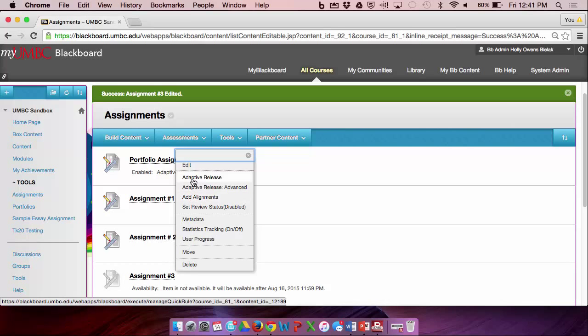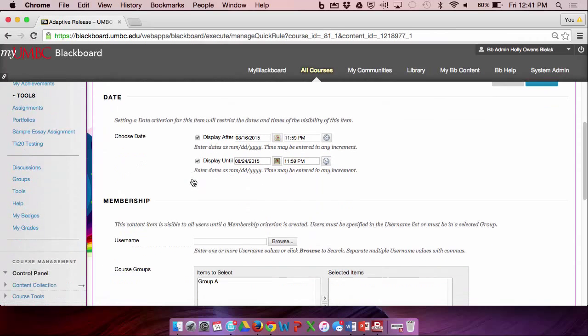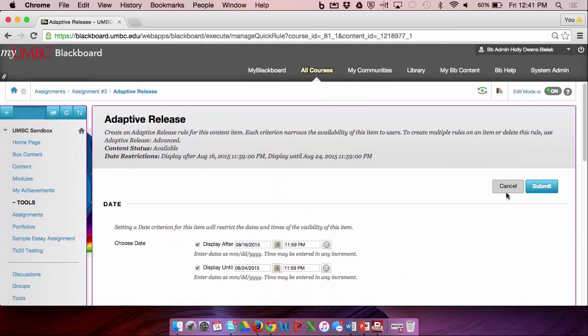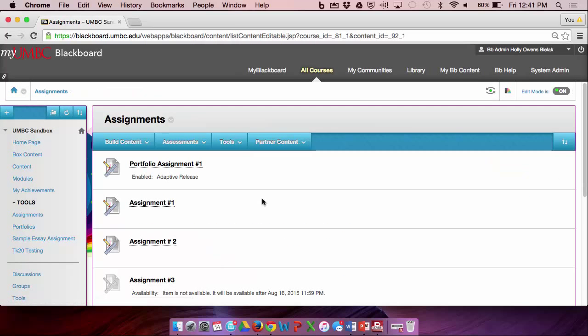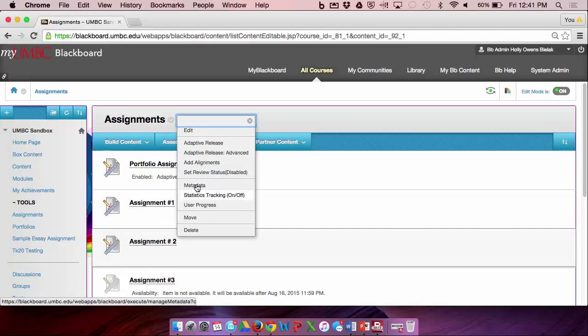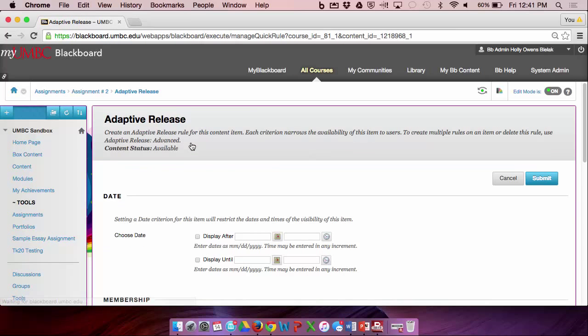So I would go into adaptive release. I'm sorry, from the little arrow you want? Yeah, from that little arrow, it's like your best friend. Anytime you need to edit something in Blackboard or make a change to something, like a column in the grade center, or you want to change the name of the title in a discussion board, we call that an action arrow. Okay. So I click this down arrow, I would go to adaptive release,